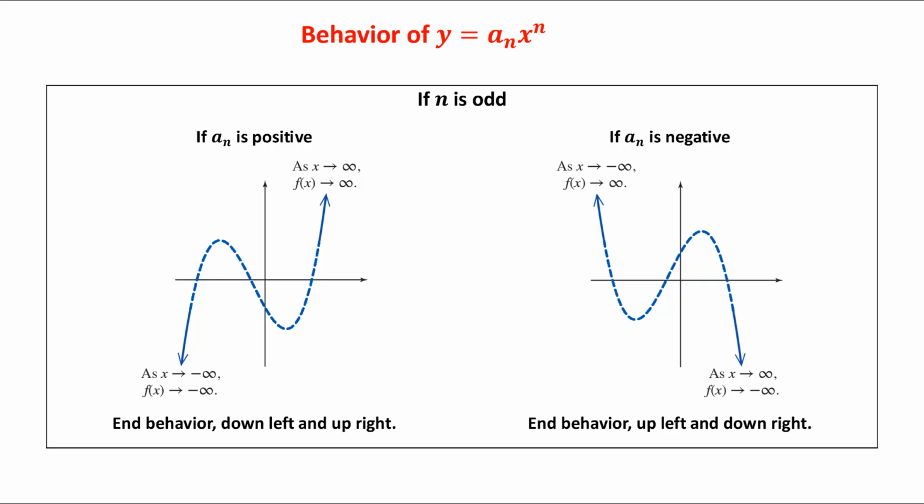So if your leading coefficient is positive and the power on x is odd, the function will approach negative infinity as x approaches negative infinity, and the function will approach positive infinity as x approaches positive infinity. However, if you have an odd function and the leading coefficient is negative, then it's going to be the opposite way around. Because if you have an odd function and you put a positive x value into